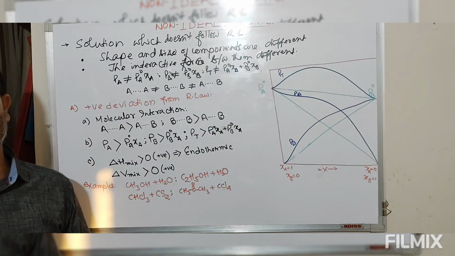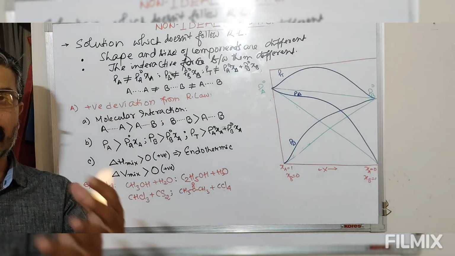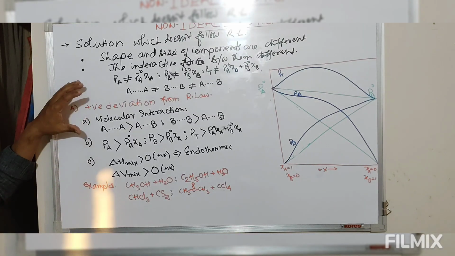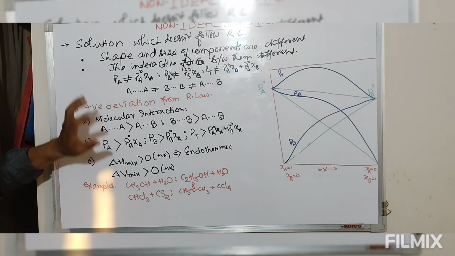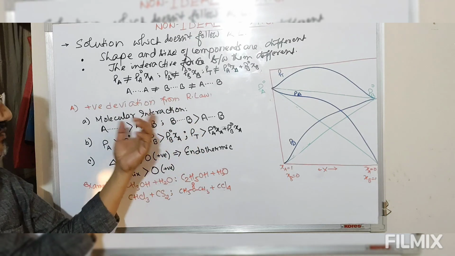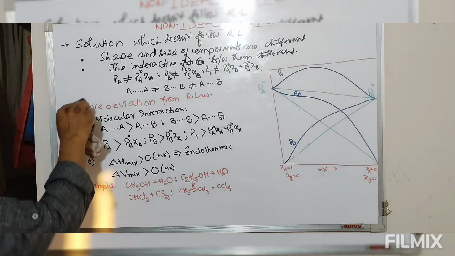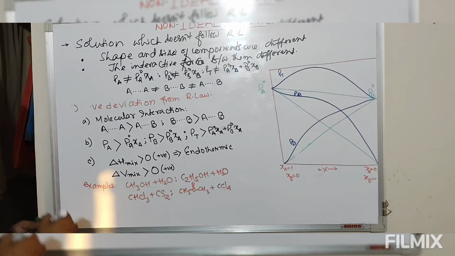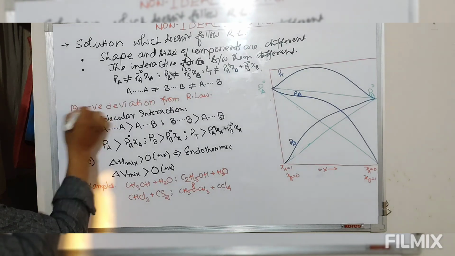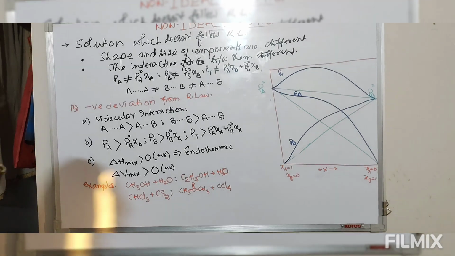Now once we have this positive deviation from Raoult's law, the other category of non-ideal solution is negative deviation from Raoult's law. Since in the case of positive we have this, the negative will be just the opposite of this positive value. Now coming to negative deviation from Raoult's law, let's see. So in terms of intermolecular attractive force,